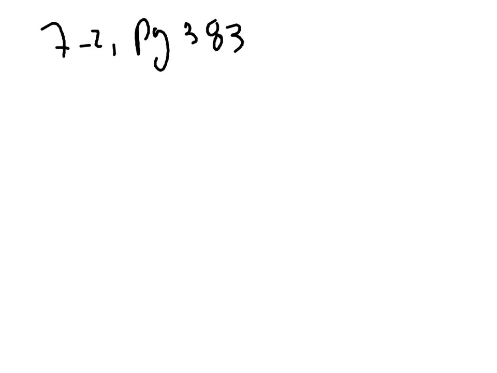And I'm going to read just a little bit on the top of 383, but as always, I encourage you, if you haven't done so already, to do a close reading. And this recalls some of the things we did in 7-1. It says when the population standard deviation is known and the sample size is 30 or more, or the population is normally distributed, which I made reference to in 7-1, if the sample size is less than 30, the confidence interval for the mean can be found by using our